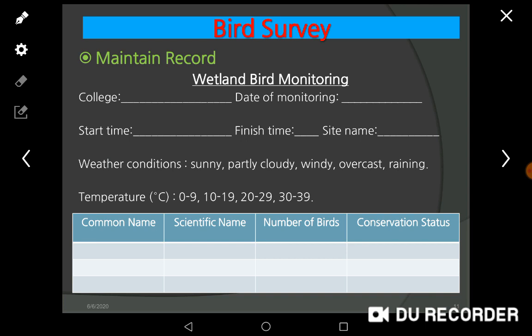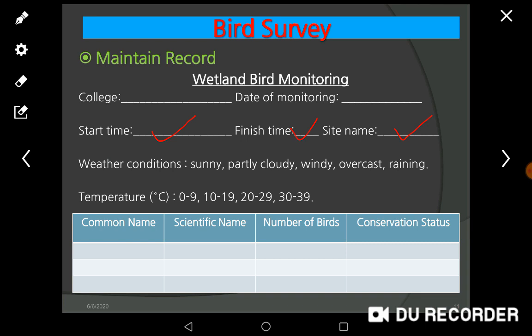It should normally be early in the morning, about 6:30 to 9 o'clock, or maximum 10 o'clock in the morning, and in the evening 4 to 6 o'clock. This particular time period is good for watching birds. So you can write start time, finish time, and site name.